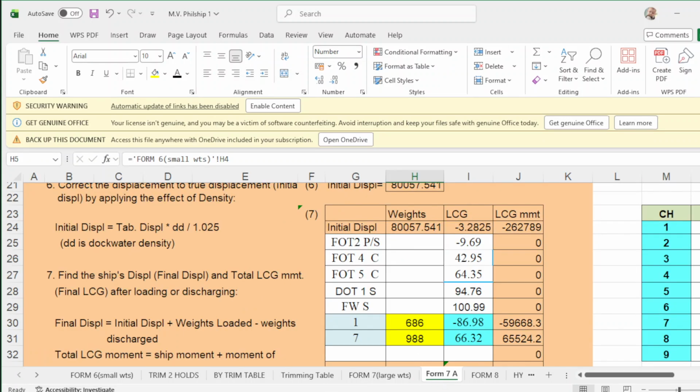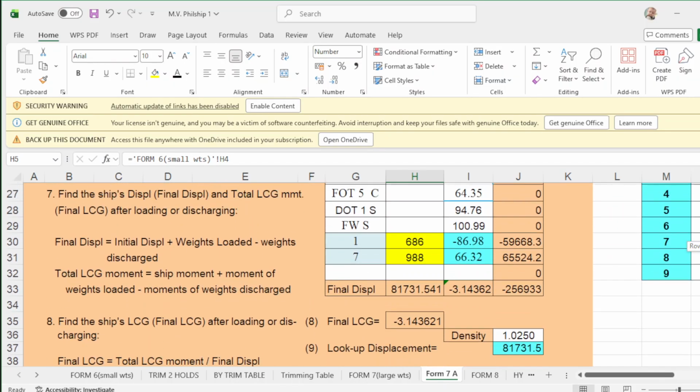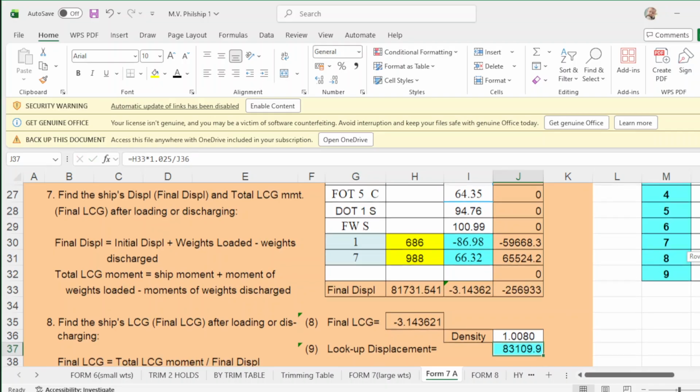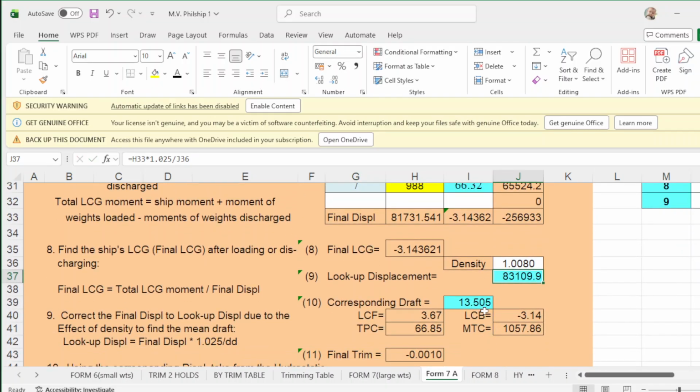Apply the LCG. Then you put the final density prior to completed loading, that will be 1.008. Okay, and your departure drop at load port would be 13.5.